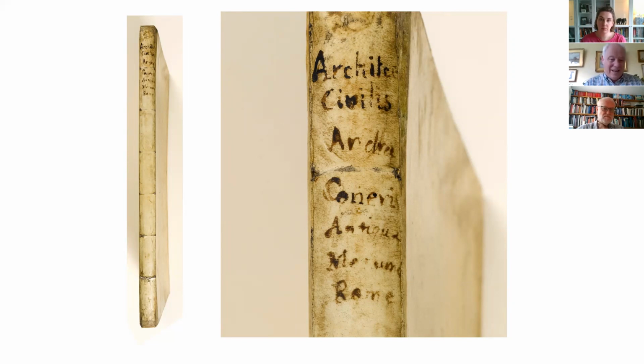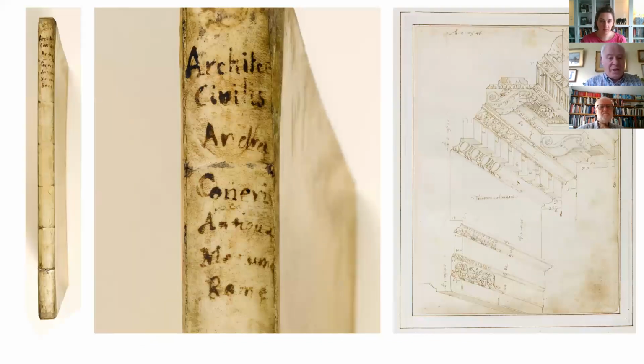But it's quite clear in the end that this scholar wasn't responsible for the drawings, and the authorship wasn't sorted out for decades and decades. It was only resolved in the 1970s by a German scholar called Tilman Buddensieg, who happened to find a drawing in the Uffizi, which was one of the ones that Ashby remarkably didn't identify, a drawing of the temple of Castor and Pollux. He found one in the Uffizi, which was virtually identical to one in the Codex Coner,